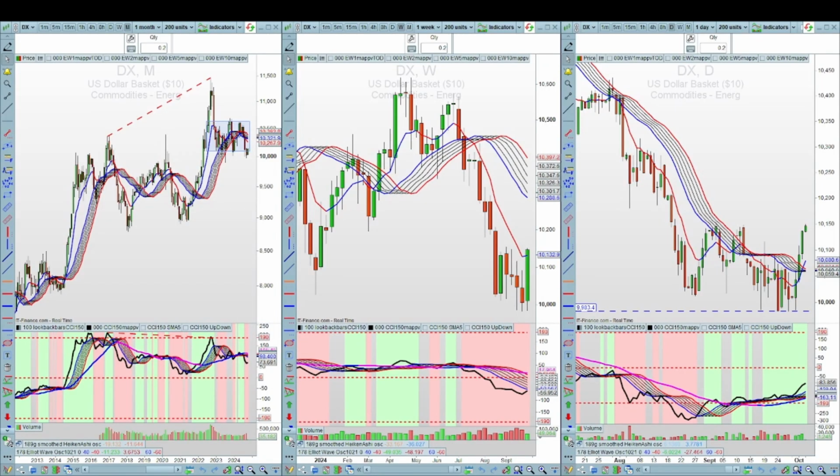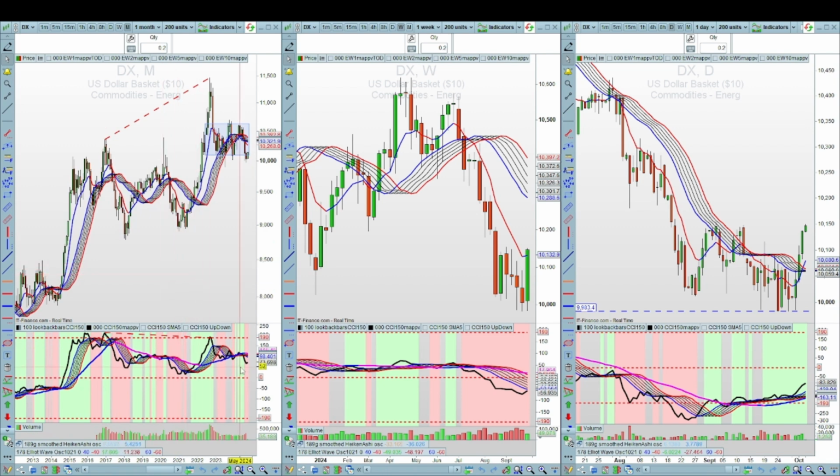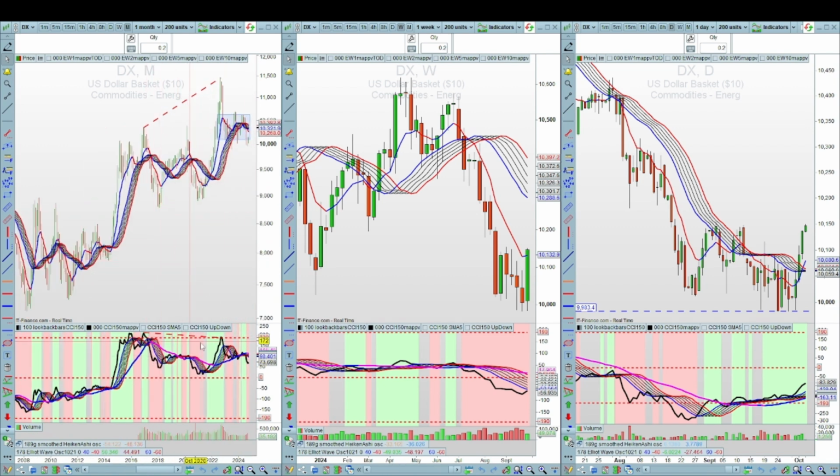In today's review, we're looking at the US dollar. So on the monthly, the weekly and the daily, first off looking at the trends. On the monthly, we're broken into a bearish outlook at the moment. We did have also a bearish divergence here that's played out quite nicely so far.